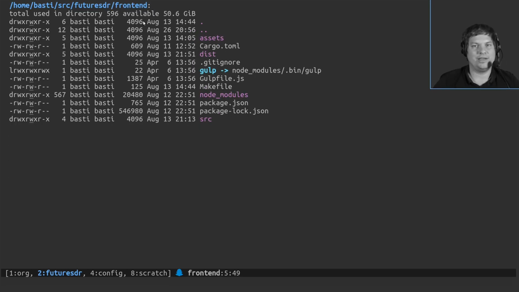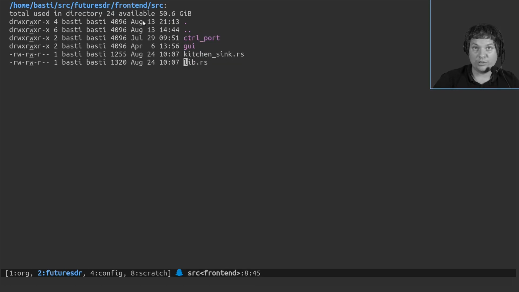It's a separate kind of subcrate in there, and it includes a lot of components to interface FutureSDR flow graphs. And as you might have expected, this is again implemented in Rust and will be compiled to WebAssembly, which can then be instantiated through JavaScript.